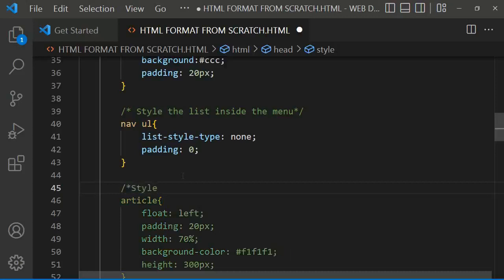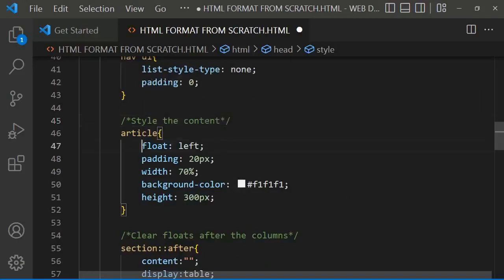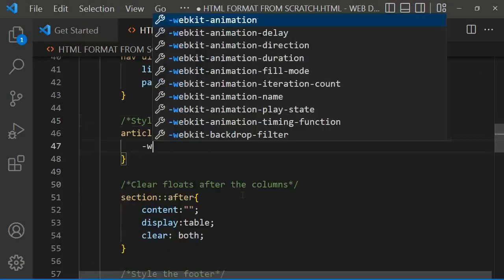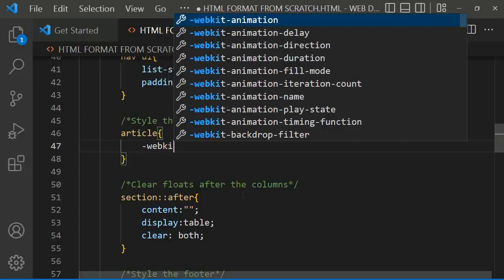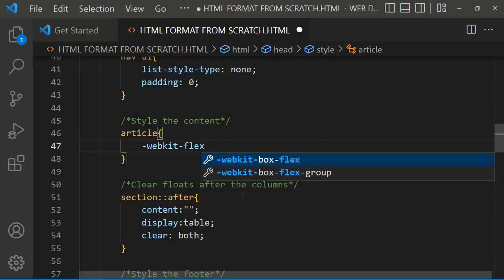So the background #CCC property sets the background color of the flex item to light gray, while padding 20 pixel adds 20 pixel of padding to the inside of the item. Overall, these properties are used to style the flex items within a flex container, controlling their size and layout to create the desired design. So now we're trying to style the article, the content further. So calling our article,